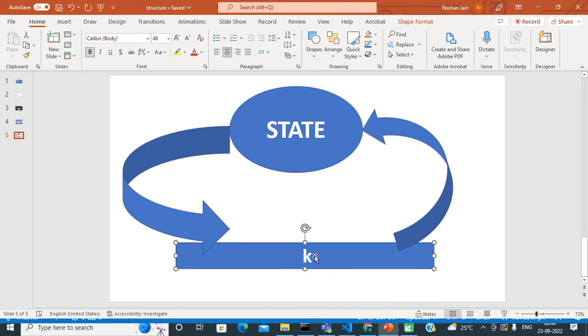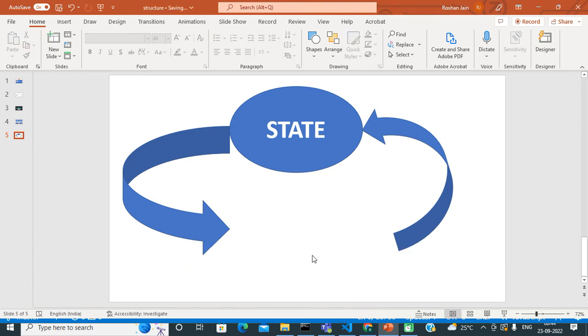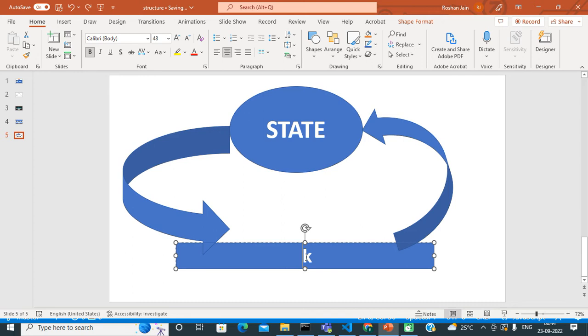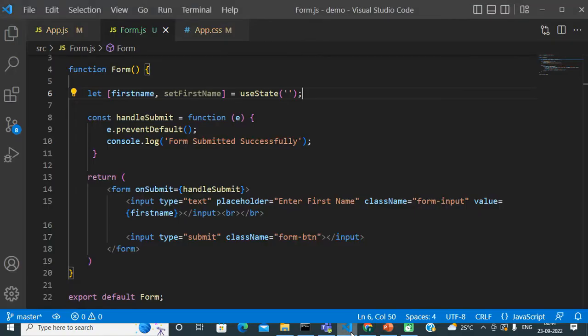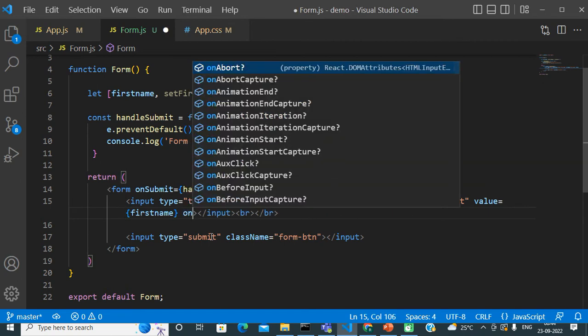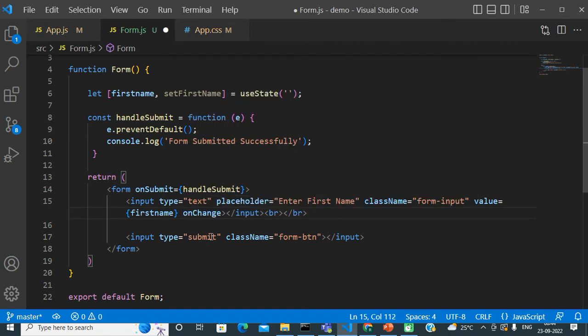Now the second step is that whenever the user provides input in this input field, that newly added value should get updated to the component state again. For doing that, we require one more event handler function here, that is onChange.